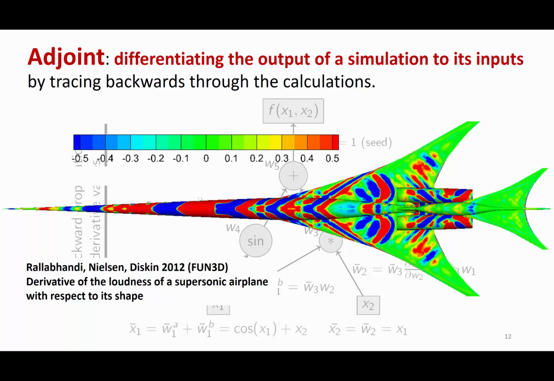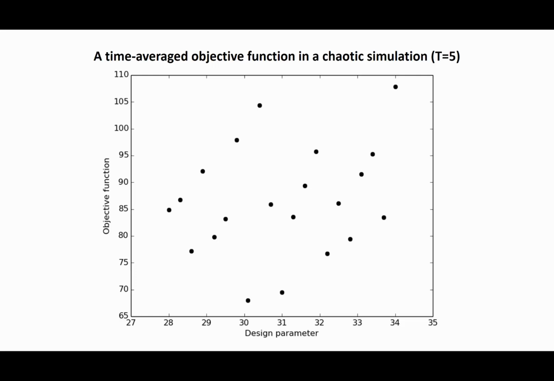And so how can we carry the same type of method to a chaotic simulation? And here the problem comes. The problem is about the statistics. This is a very simple model of a chaotic system. If you look at how the statistics of the simulation changes as you change the design parameter,